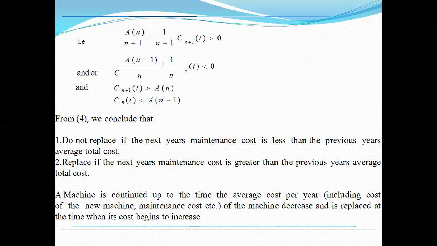Finally, from the obtained relations, that is, the average cost and the total cost maintained with respect to variations over time, we can conclude the following regarding the replacement of machineries. The machinery needs to be maintained for a particular period of time, and after completing that maintenance, we need to replace a particular component, which will be verified. That will be based on the following criterion: do not replace if the next year's maintenance cost is less than the previous year's average cost. That's the main point.